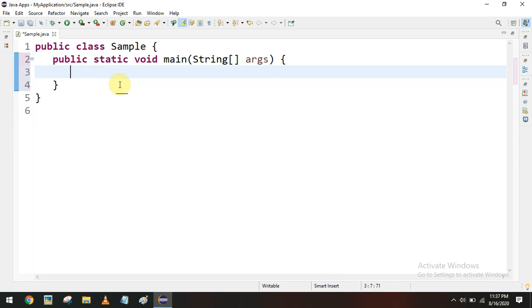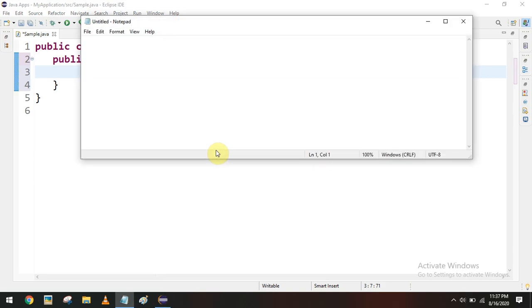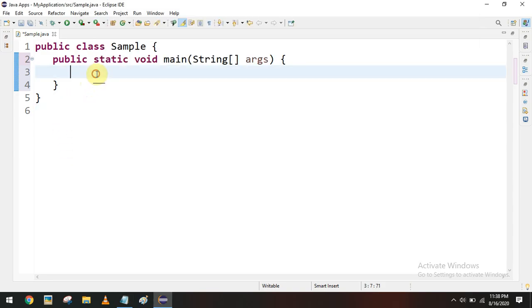Now in order to test that, we are going to discuss simple standard input and output operations. First we are coming to the output function in Java programming. To output data, we have to use a function called System.out.println. We have to use this function to perform the output operation. Now let's see how we can use it.